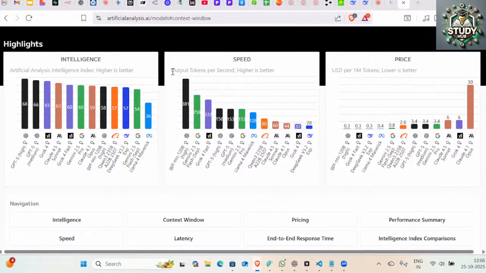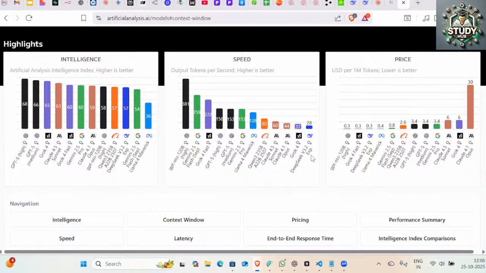But for any application you are building, you want it to be very, very fast. You can go with speed, right? How good are the tokens? Now you can see output tokens per second. Now you know what is tokenization, what are tokens. Higher is better, right? So I know that Gemini's speed is much higher, 259 tokens per second. Price, right? Let's say you come and say, I want the cheapest model to be used. Okay, I have it for you. If you say I will use Claude, it is the most expensive model: for 1 million tokens, you will be spending $30. Whereas your Grok, your GPT is just $0.3 for 1 million tokens, right?